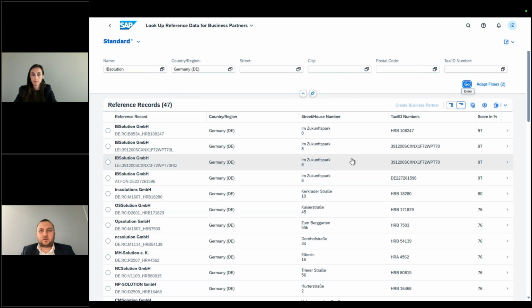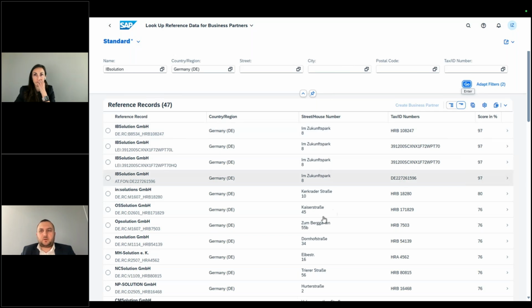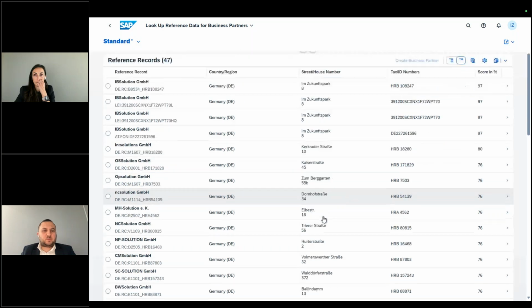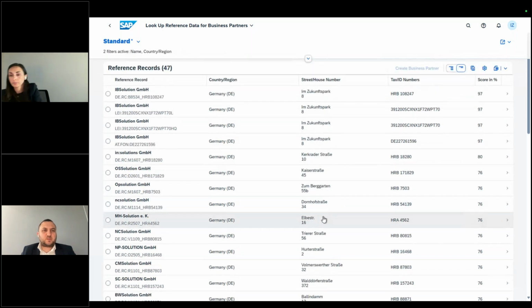The difference that we can see here right away is the tax ID numbers, and on the right you can always see the score in percent. So what's the similarity between what you're searching and what you get in the result. Scroll down, you can see it's on the top. You always get the most accurate results. If you go down, maybe it's some other company, as here in the example, that still has the same part of the name in its own name, but still it might be that someone did a typo. Still, you're going to see it.